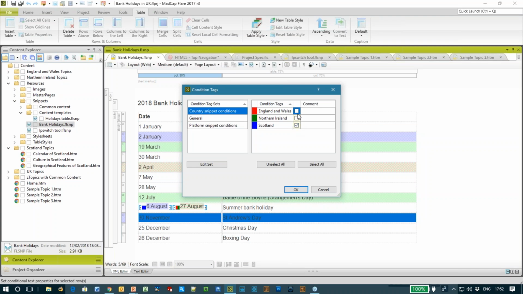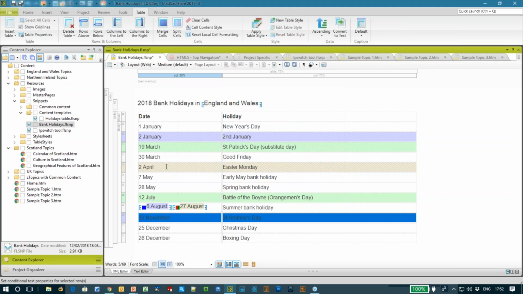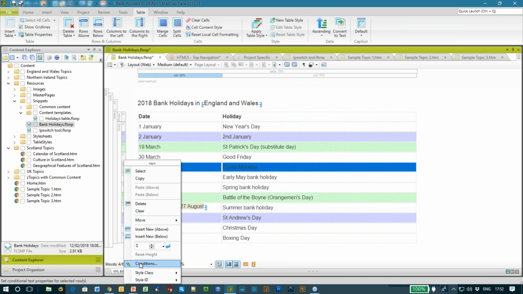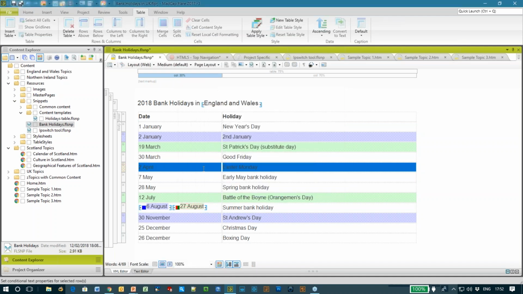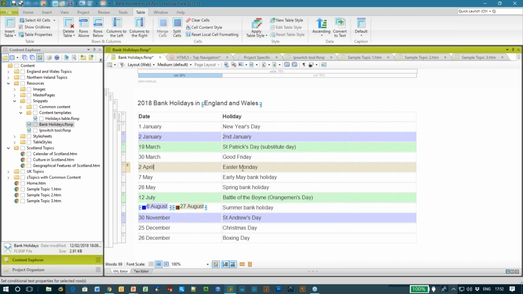It's not applicable in England and Wales and Northern Ireland. England and Wales share the same holidays, by the way. 2nd of April, Easter Monday, is celebrated in England and Wales and Northern Ireland. So that has two conditions, giving it this sort of rather horrible, murky brown color.